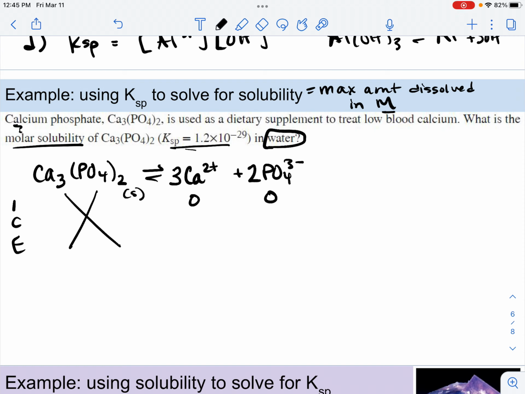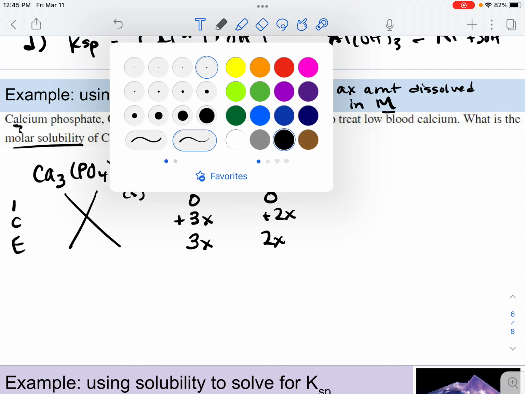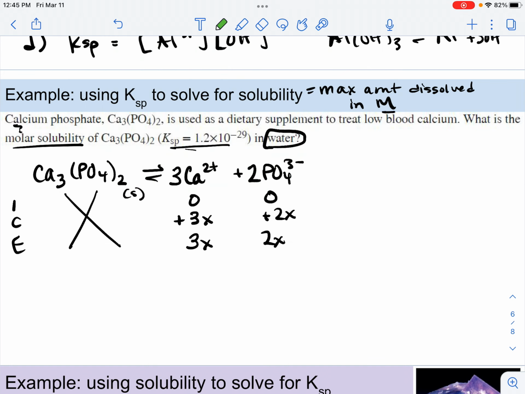Since I have zeros, this has to go to the right. So this will be plus 3x, and this will be plus 2x. And then this bottom line will be 3x and 2x, okay? If I want the molar solubility, here's something that you need to know theory-wise, and that would be, since it's